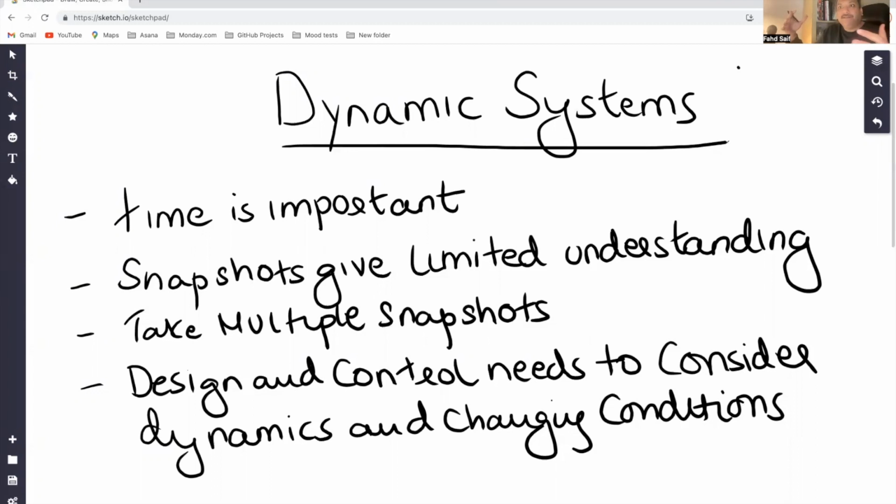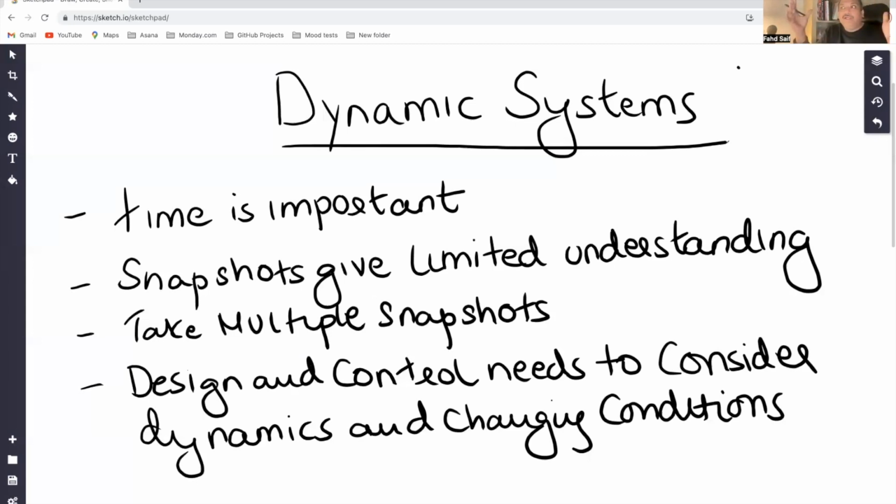And outside the system, which is the marketplace of the Web3 ecosystem that it's running inside, things are changing. New projects are coming up. They need integration with your project. Some projects are going well, some projects are not going well, some integrations are working well, some integrations are not working well. Rules around the ecosystem are changing in other projects that you are talking to. And even within your own ecosystem, things are changing.